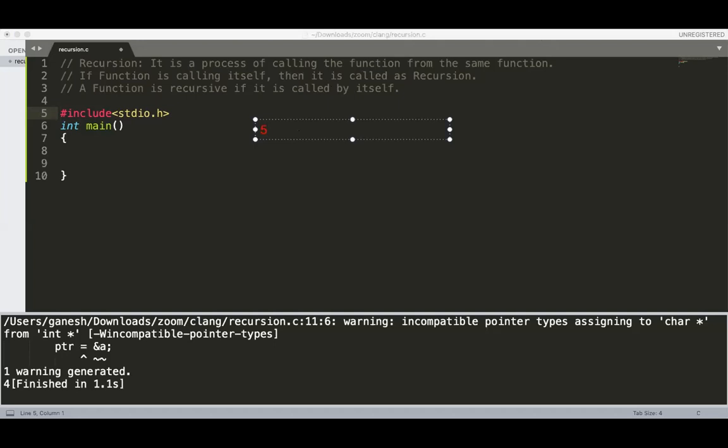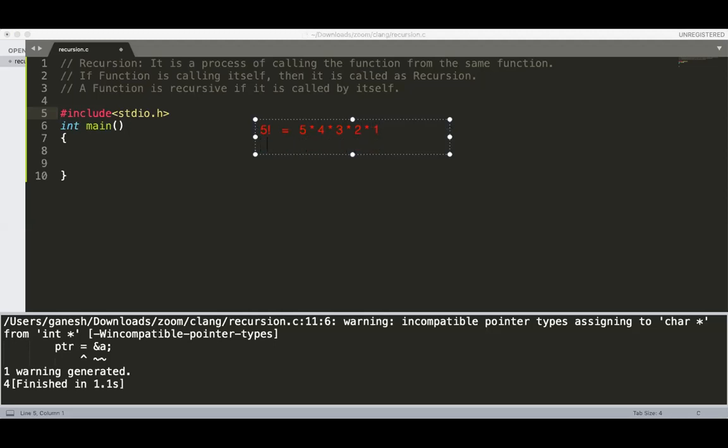So if I want to calculate 5 factorial, can you tell me what is the method of calculating 5 factorial? Can I write here 5 multiplied by 4 multiplied by 3 multiplied by 2 multiplied by 1?